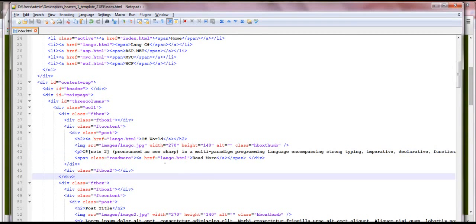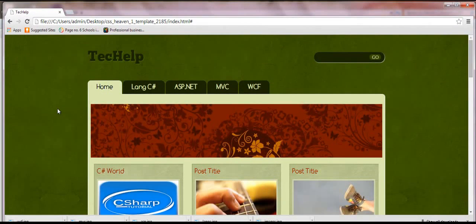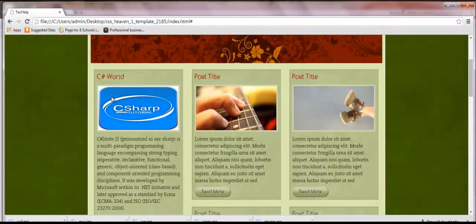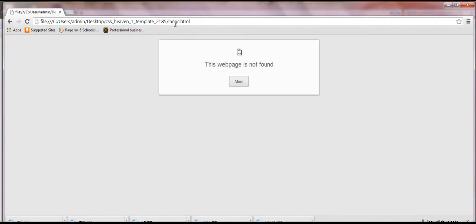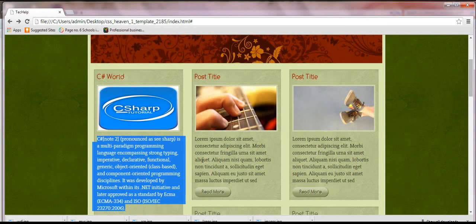Save this and press F5 to refresh the web browser. Check it, it changes automatically. Click on the C# box, it will navigate to language C#. Presently I have not developed that page; I will develop it later. We can clearly see that the image is displayed and the text has been modified.